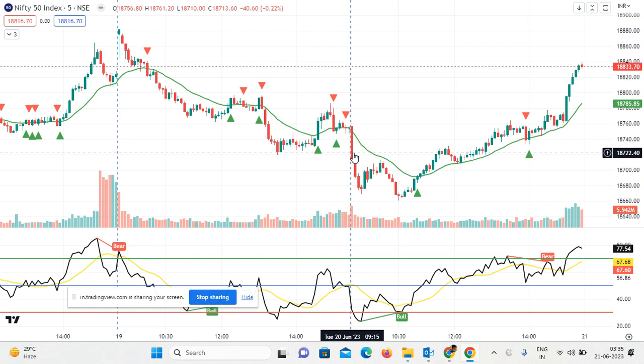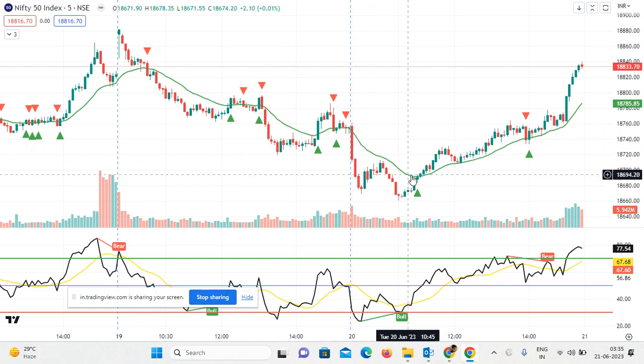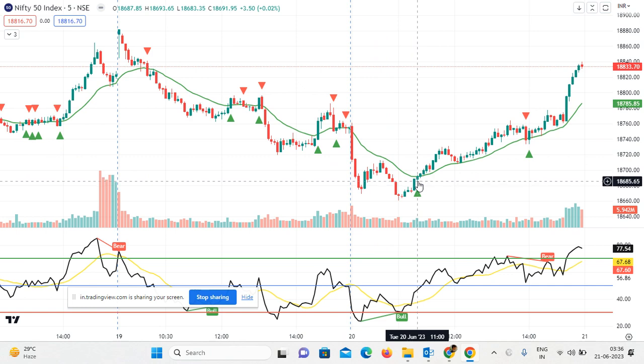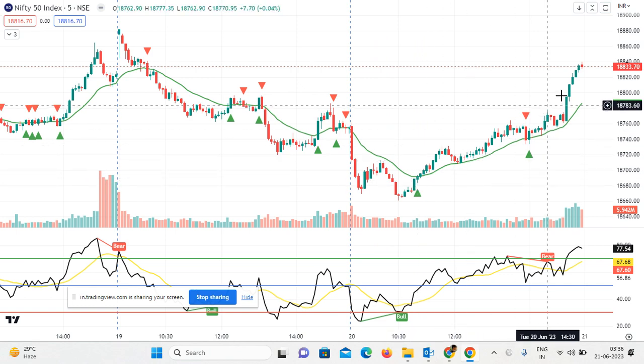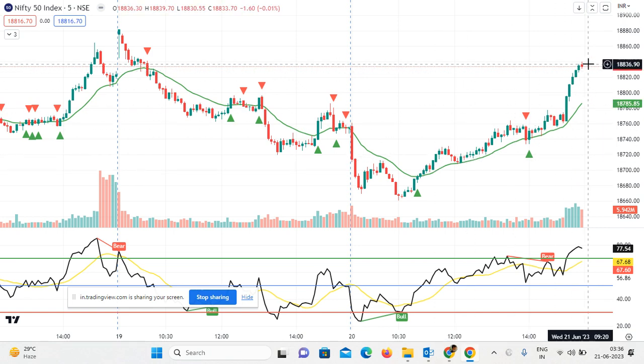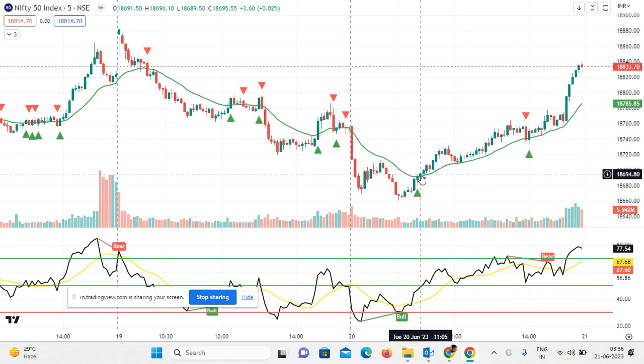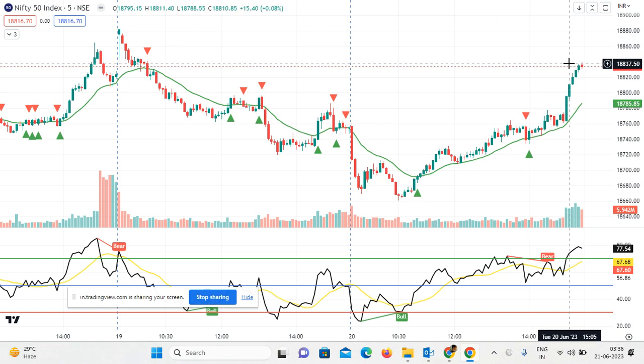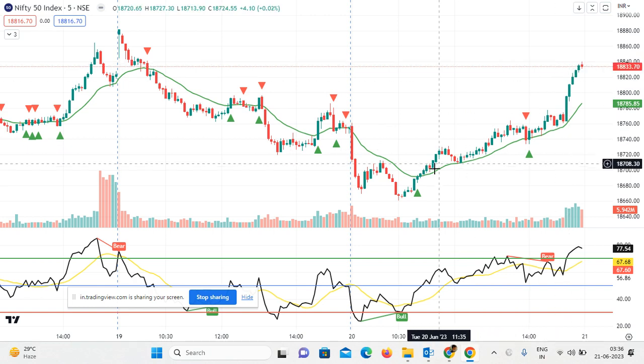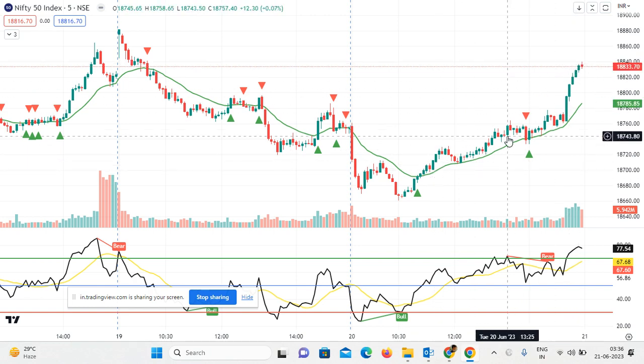And here I add my indicator and see the result. Here I get the first breakout signal for a buy around 11 a.m., up to market close in the same direction. If you're talking about the points, around 135 points we have gained in this way.